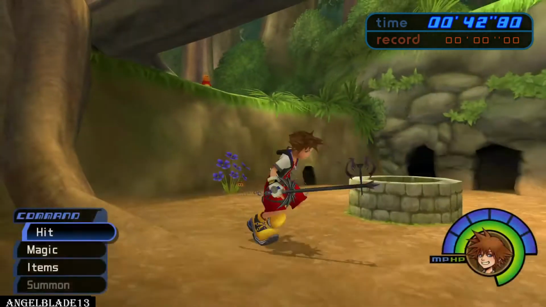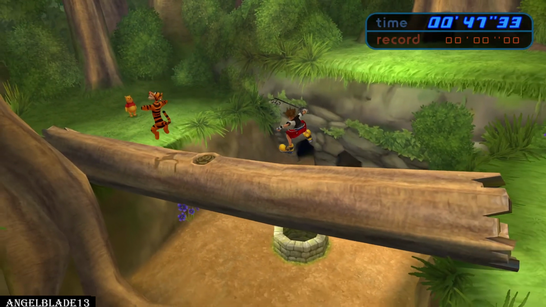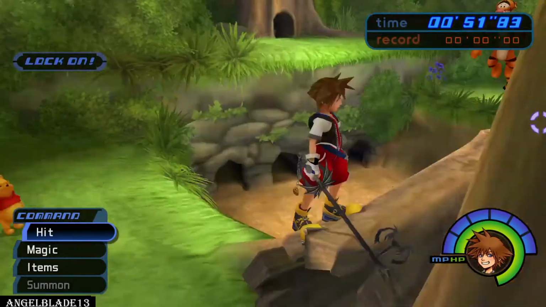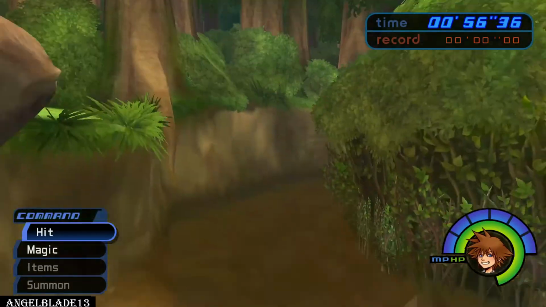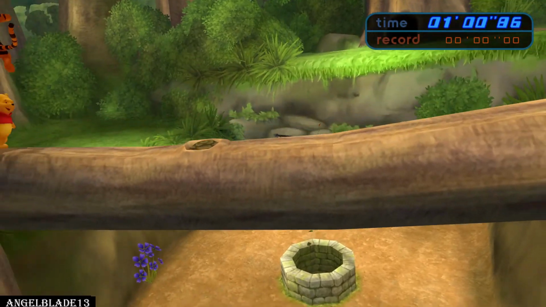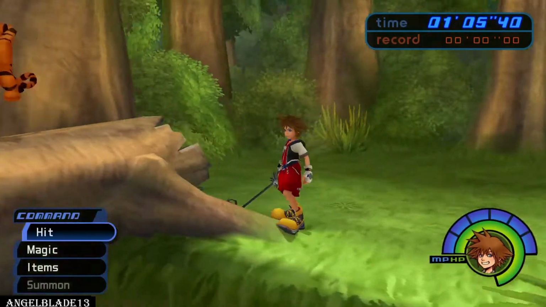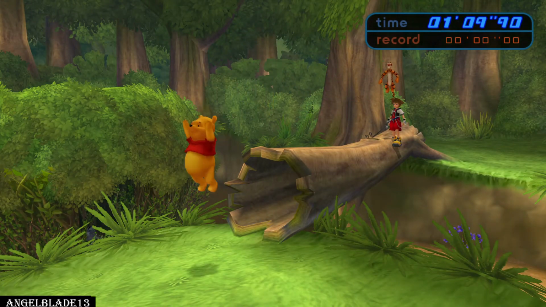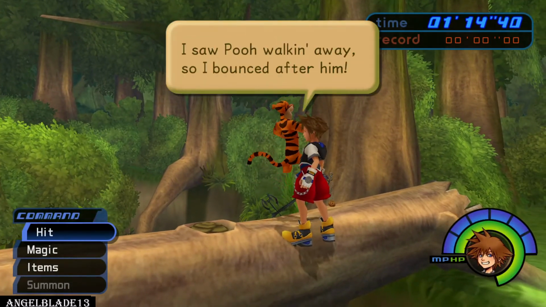And for us to get to that higher level, we just want to jump in this well right here. And it pushes you either to the left or the right, or sometimes just on the log. We want to get Pooh across this log and talk with Tigger, and try not to fall off like I just did. I'm just gonna get back up and talk with Tigger. And I got lucky that I didn't get pushed off again there, but...